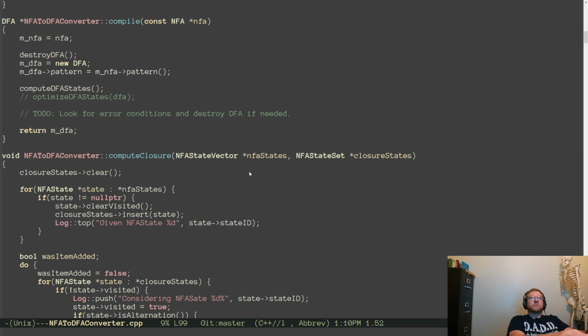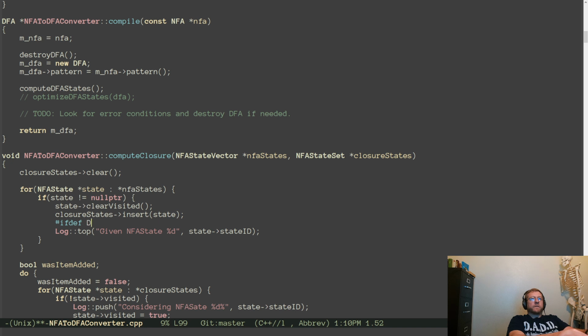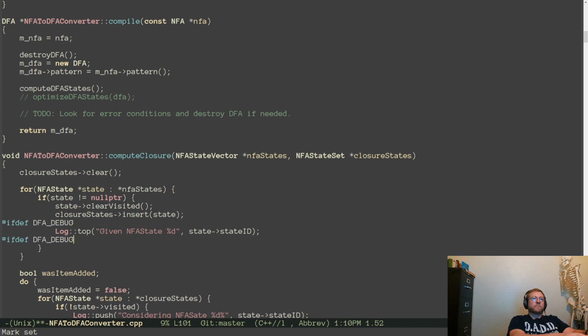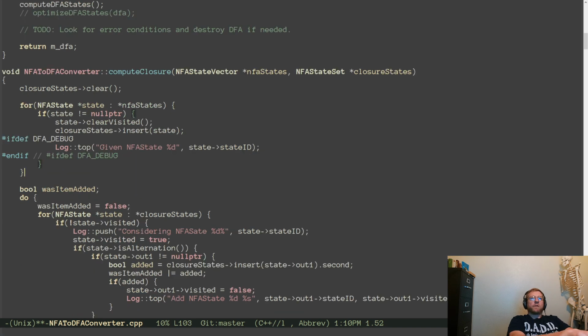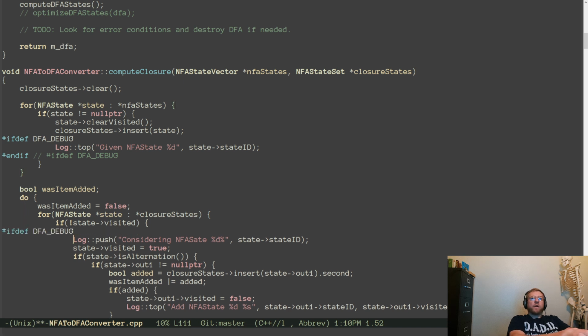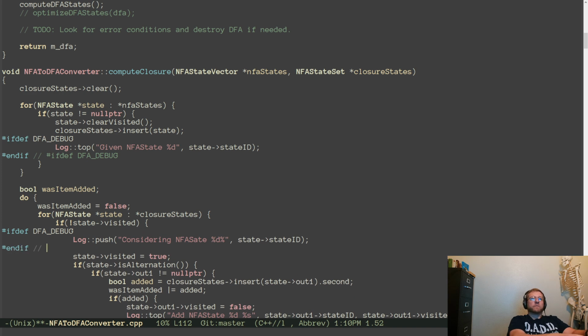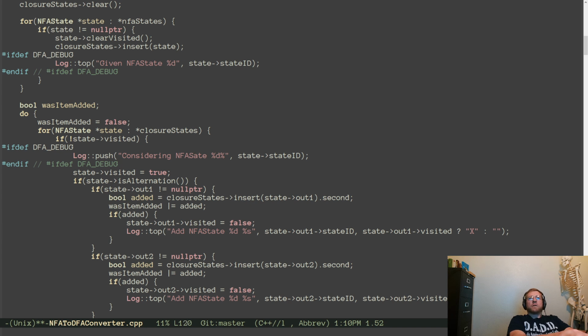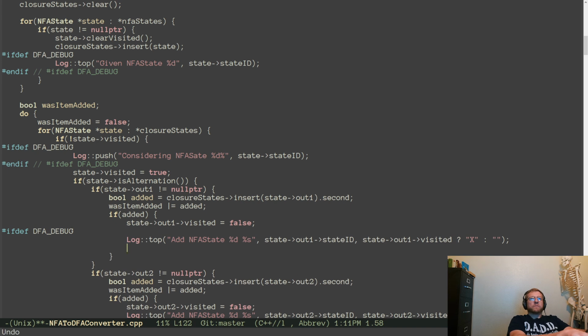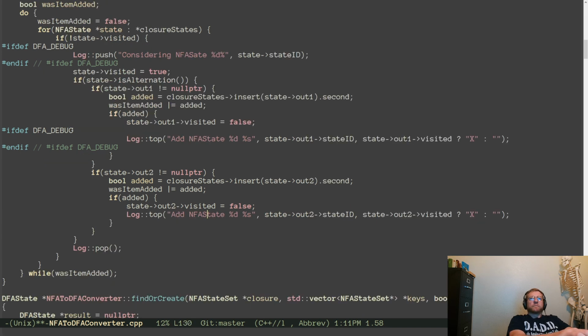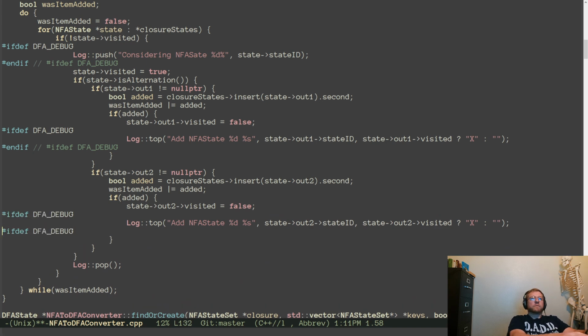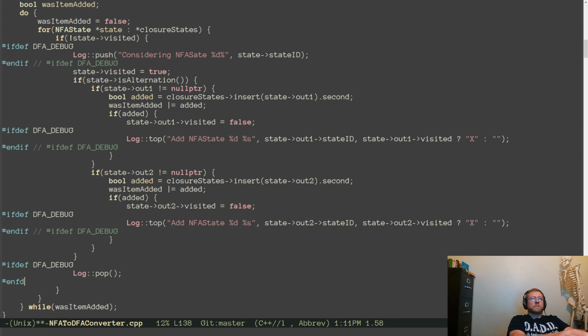These log statements: if defined DFA debug. Okay. So that should solve that issue.